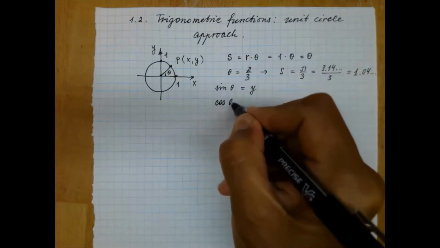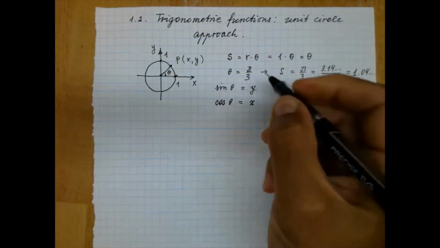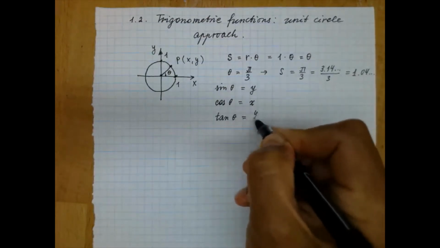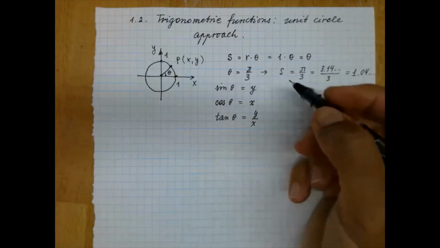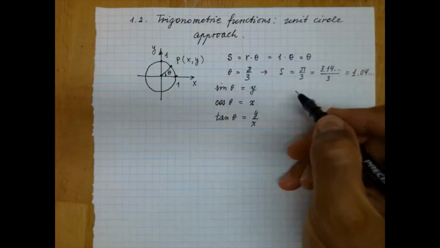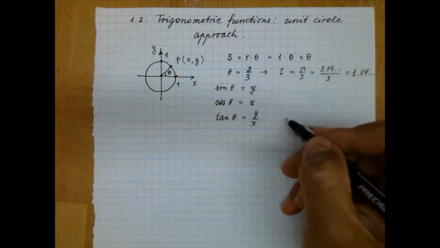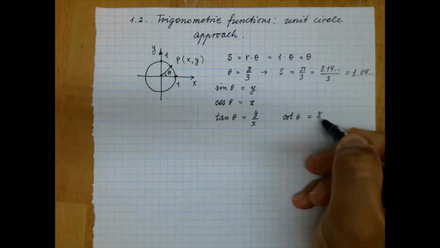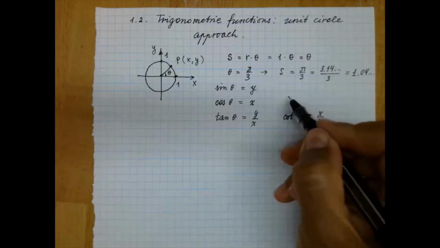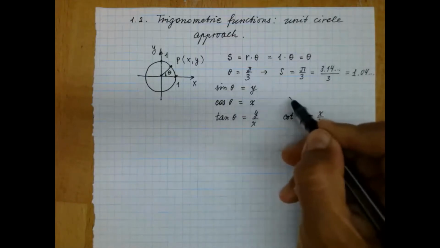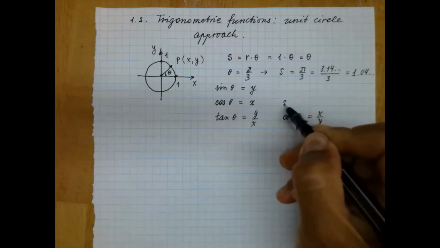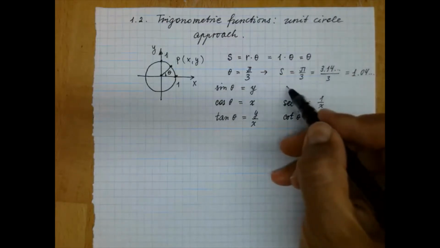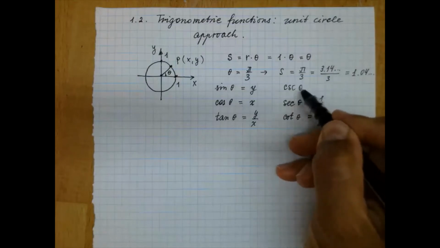Now cosine of theta is going to be x, and then we are going to have tangent of theta, which is going to be y over x, and cofunctions. Cofunctions are going to be cotangent of theta, which is x over y, and reciprocal functions. For example, the function secant, which is going to be 1 over x, and the function cosecant, which is going to be